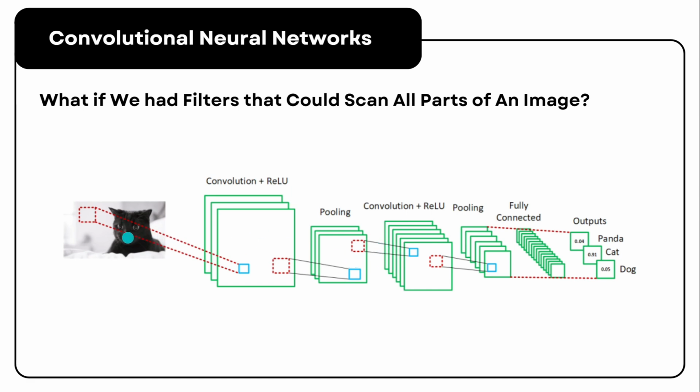So imagine we have hundreds or thousands of these filters. Each filter is looking for specific features in an image. And depending on which of those filters turn on, that determines the class. So you can see it outputs a probability at the end for the image. In this case, it's a cat.